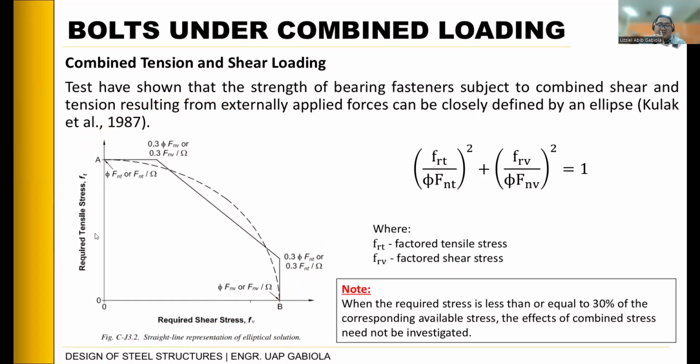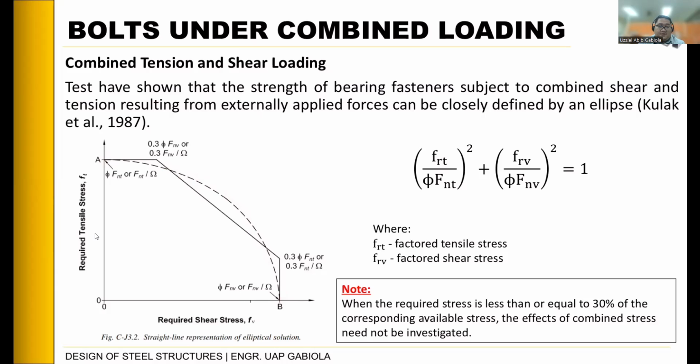So ito yung graph na nire-represent kapag you have combined loadings acting simultaneously sa connection natin. And based dito sa graph na to, if we have full tensile load na applied, ito yung capacity natin. Halimbawa, zero yung shear, tapos meron kang full tensile load, ito yung capacity natin. Or halimbawa, meron tayong full na shear, pero zero yung tension, iyon yung capacity natin. Pero ano daw yung nangyayari kapag may portions ng loading natin ay shear and then yung iba ay tension? So, ang representation niya is an elliptical